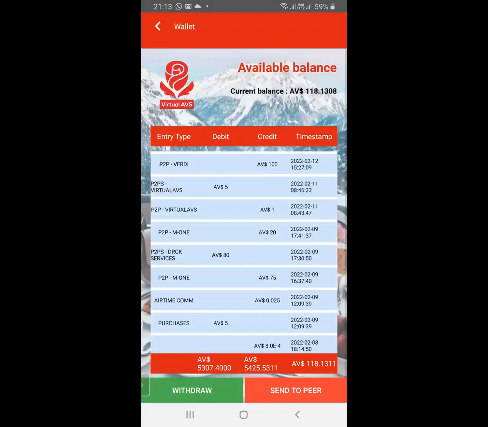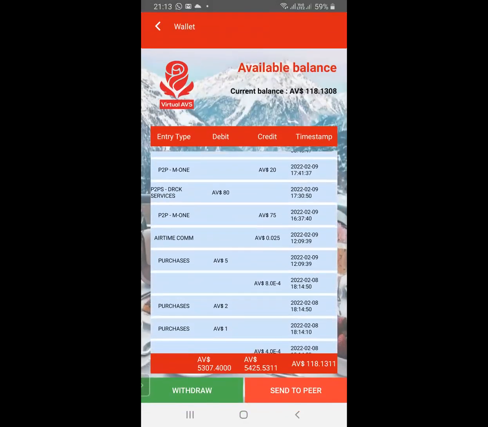Then below there, you can see the AVS wallet. You click on the AVS wallet, and there you are. The AVS wallet shows you what is incoming and what is outgoing. Credit is incoming, so it could be peer-to-peer, airtime commission, license commission, utility commission, or bulk airtime commission, that is a passive income.